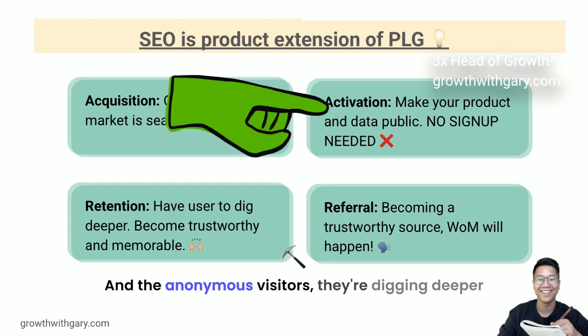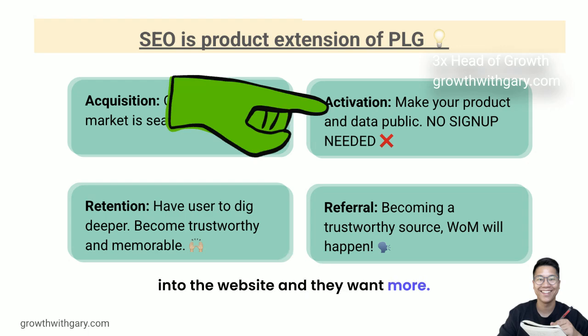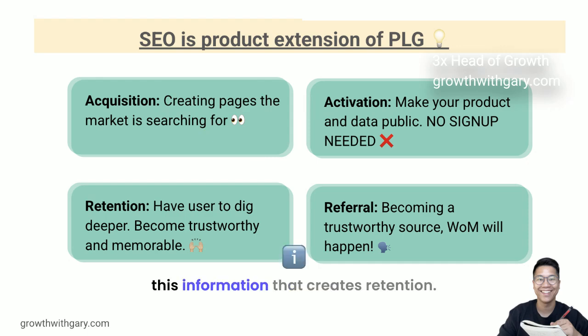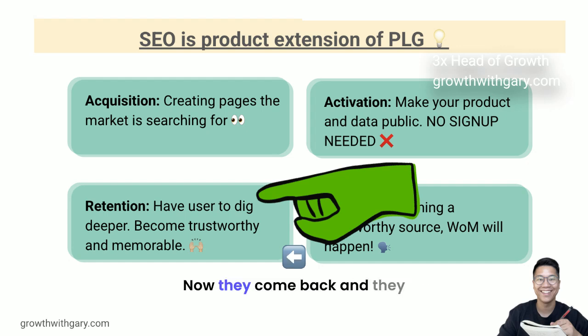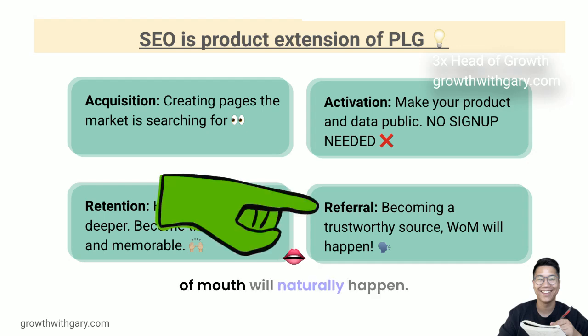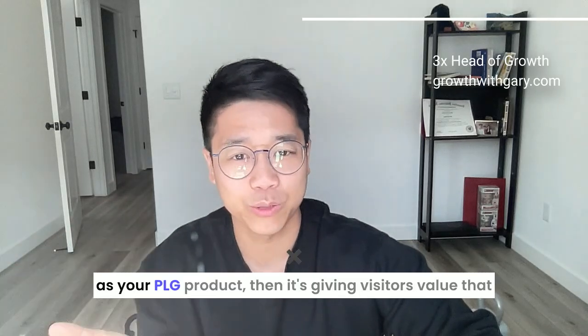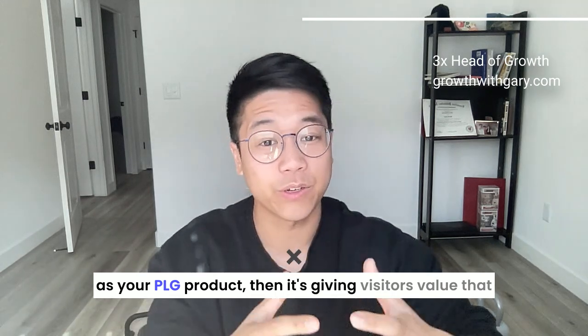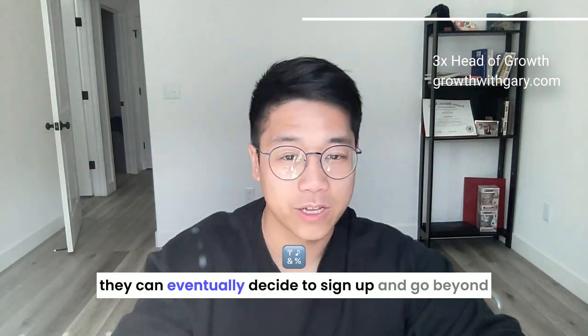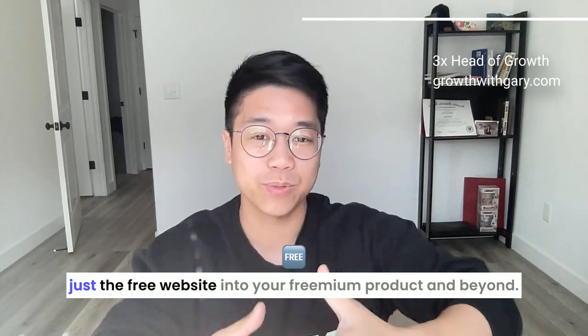And the anonymous visitors, they're digging deeper into the website and they want more. And because of that experience, they're starting to say, oh, this website is about this and I can find all this information. That creates retention. Now they can come back and they develop this loyalty to your website. And when your website becomes trustworthy, then the word of mouth will naturally happen. That's referral. And so if you think of your public website as your PLG product, then it's giving visitors a value that they can eventually decide to sign up and go beyond just the free website into your freemium